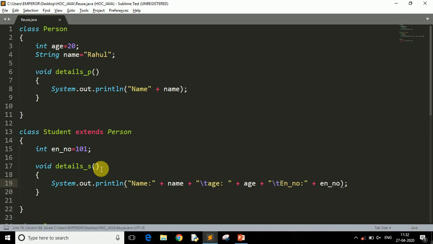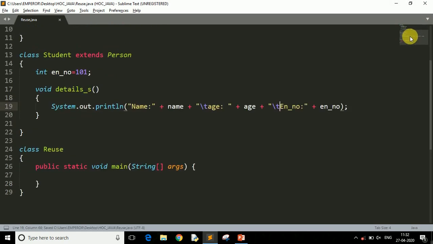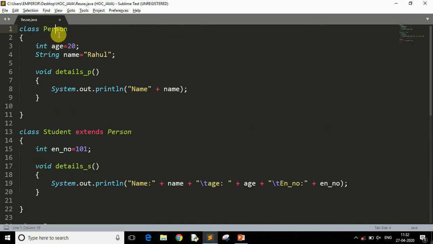Okay, so done. What we are doing here: we have one class person which has two variables, age and name, and we are printing the name only here. And we have a student class which is our subclass which extends the superclass person. Because it extends the person class, it can use the properties of the person class also. Properties are nothing but the variables, methods, constructors, all these things, right? So what we have in the person class is age and name. So we can use this age and name in our student class also without rewriting it.